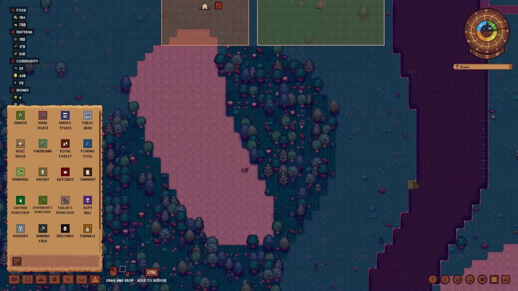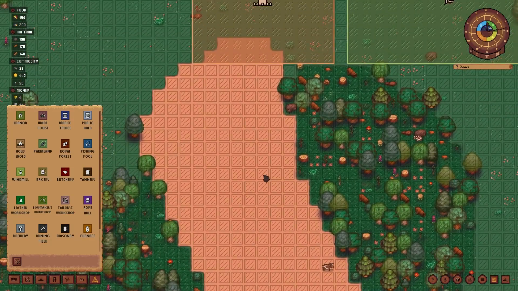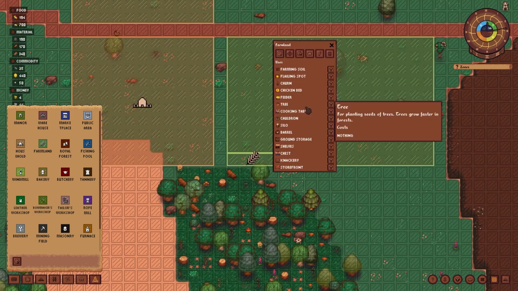I don't know, because this is very clearly a mountain of some kind. You can kind of see the shape. So I feel like this is just sand. And I feel like that's going to be okay. If we extend this farmland... we don't have to, though, actually. What we can do is...